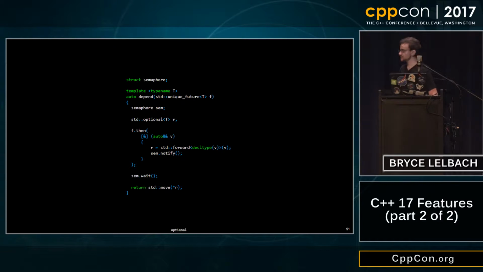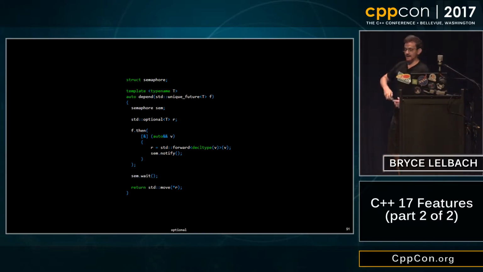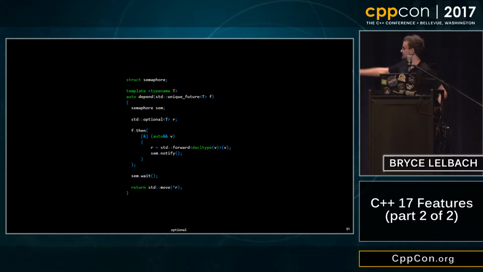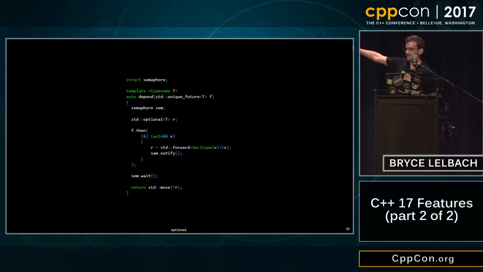And when I originally wrote this code, this wasn't an optional, and at some points this was used with a t that was not default constructible, and then the code broke because I was trying to default construct t here. It was really just because I was going to assign to this object r here, but I needed to have a null state because I needed it to exist before I was going to assign to it, because I was going to pass it into this lambda here. So I don't know if Mihao is still here, but one of my colleagues was like,